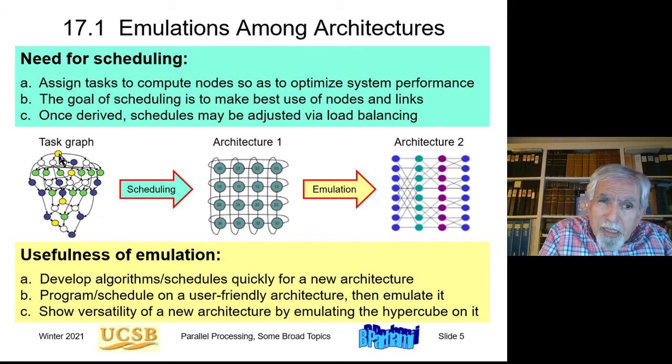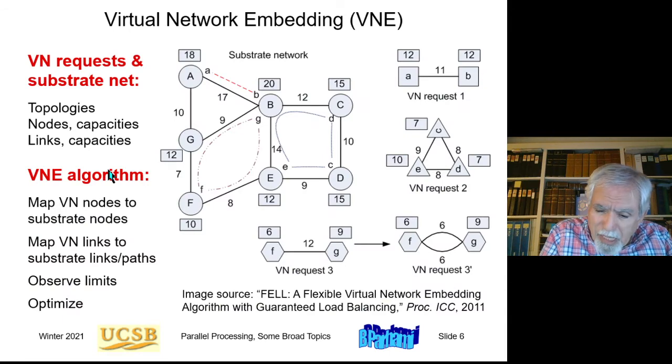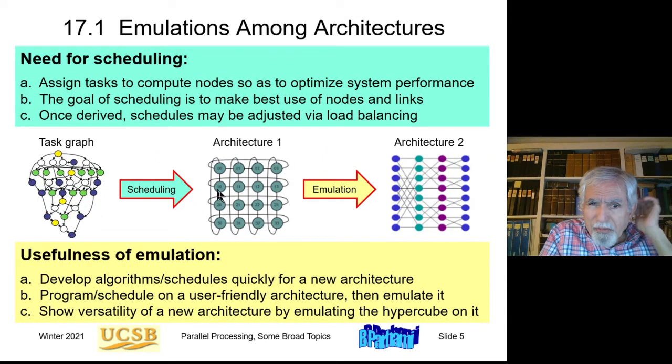Okay, and when the yellow task at the top is completed, it has to send data to these two other tasks. The amount of data we don't know from this task graph. It can be just one word, just one numerical result, for example. It can be tons of data. If it's a lot of data, then it does matter how we map the graph in terms of communication